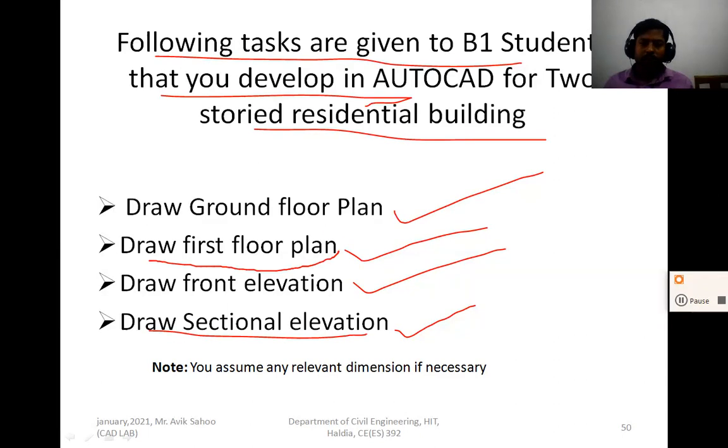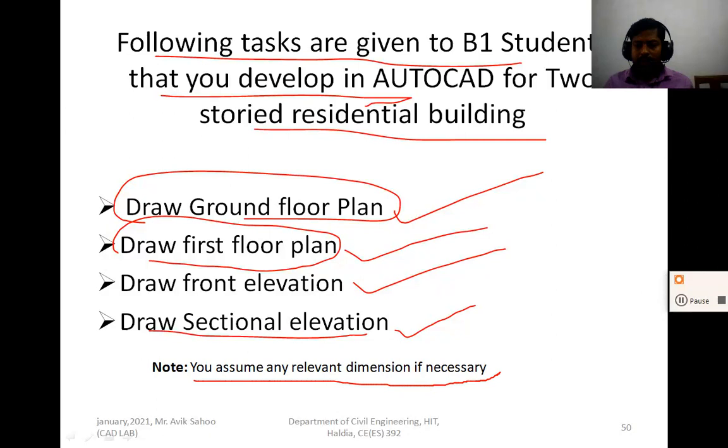The first floor plan I have also discussed. Develop the ground floor plan too, and obtain any relevant dimensions if necessary. If the dimensions are not understood from the plan I have given, then search on Google and choose appropriate dimensions, and develop the drawings: ground floor plan, first floor plan, front elevation and sectional elevation.